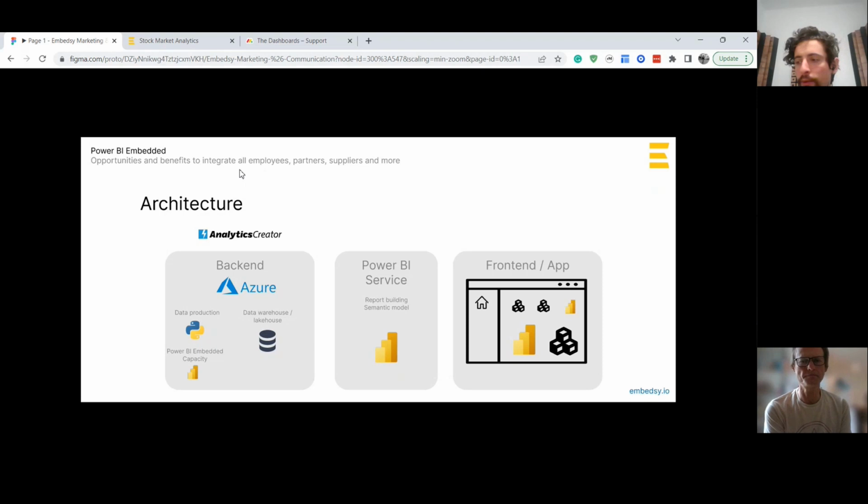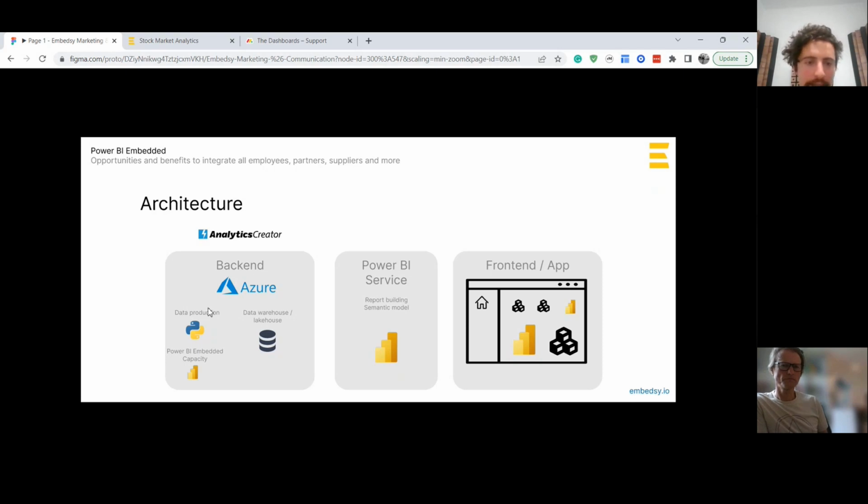Usually when companies do analytics, it's only the C-suite, right? The CEO, the CTO, the CFO, they look at the charts, but nobody else looks at them. But with embedded analytics, everyone can have analytics related to what they're doing every day. So better decisions can be made before they reach the CEO or the CFO.